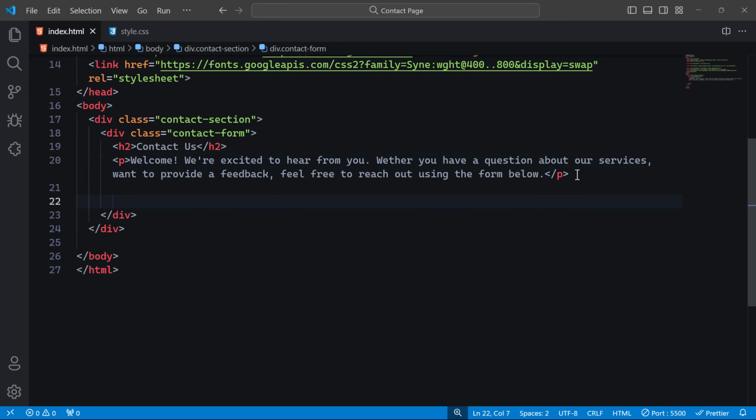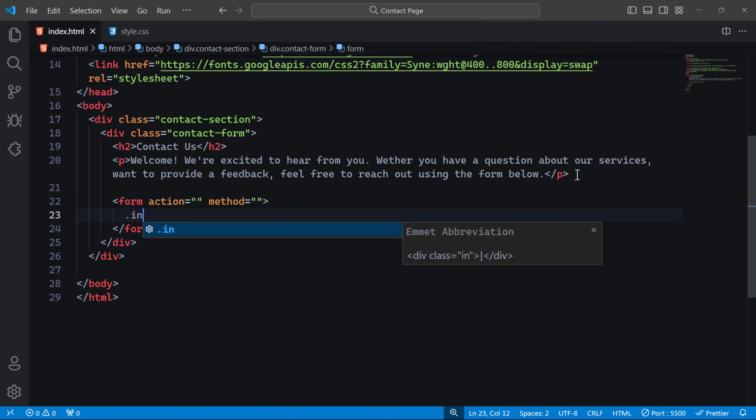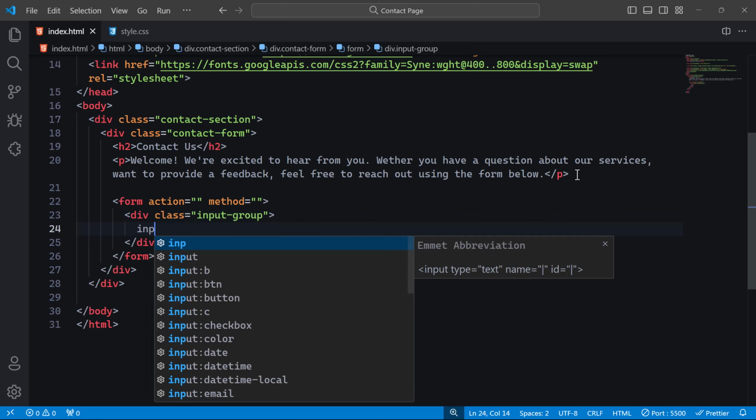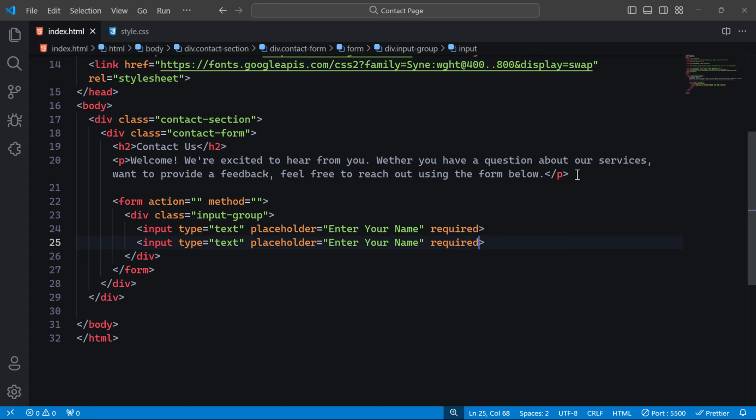Below the paragraph, add a form, with an empty action, and method attribute. Inside it, add a div with class input group. In the group, we'll have our first input, with type text, a placeholder, enter your name, and it will be required. Duplicate these to get the second input. This will have a type, email. A placeholder, enter your email. A name, email,